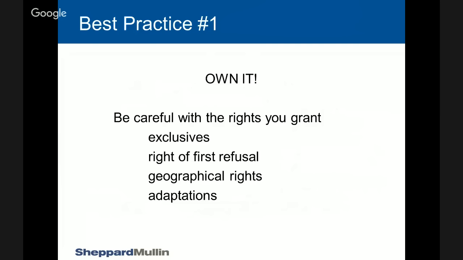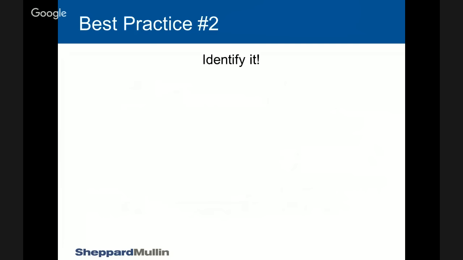And lastly, for adaptation, we've seen situations where people will give an exclusive for different platforms. So maybe you'll give an exclusive for someone to do a game based on a movie, or a game on a VR platform versus a mobile platform. There can be different forms of exclusivity based on platforms. And again, if you don't have the right provisions to claw back those rights or require certain minimum production or certain other types of things, it's tantamount to giving away that aspect of what you've granted exclusivity to, because you can't even pursue it.